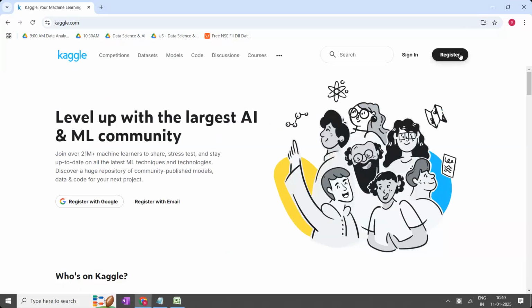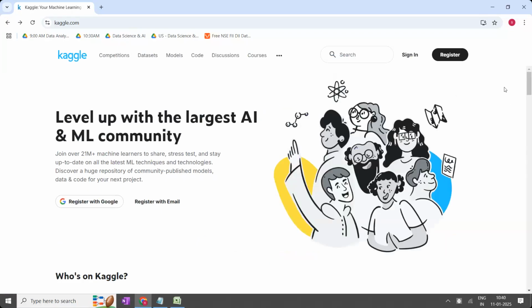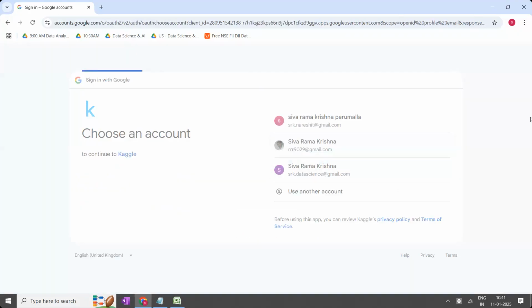Here you have to click on register. In your case, if you are opening this for the first time, click on register and register with your details. Register means it is going to ask for basic things, your email ID and password. Set whatever password you want. Basic things only. Okay, and then you click on sign in. In my case, I'm going to click on sign in because I have already registered. I'm just using it for signing in.